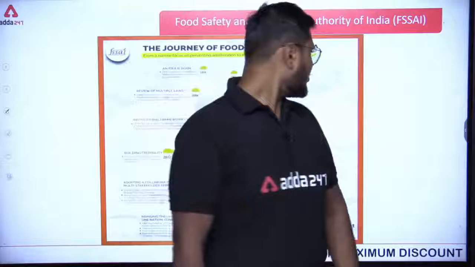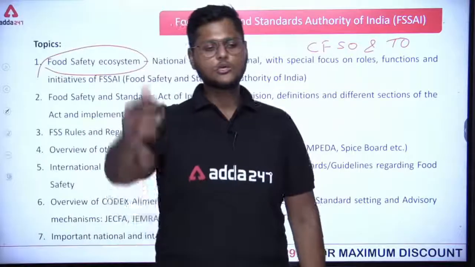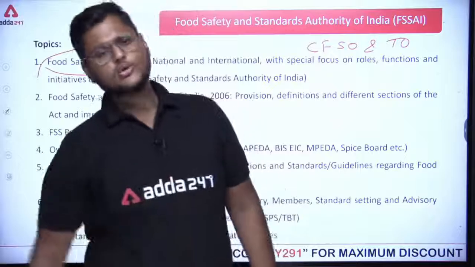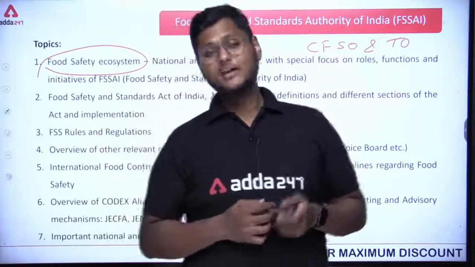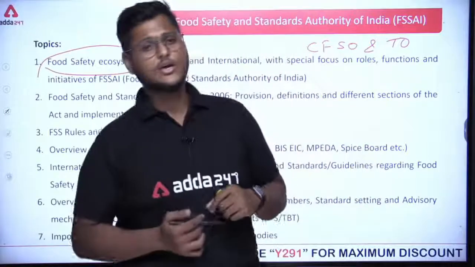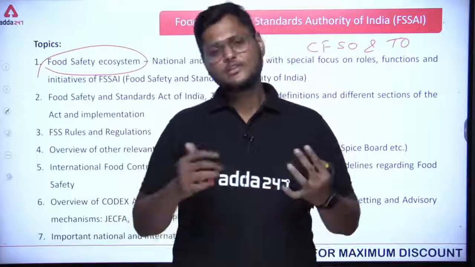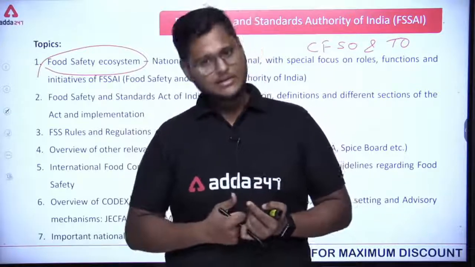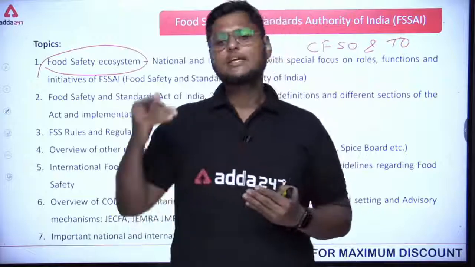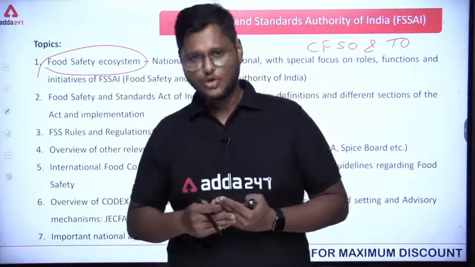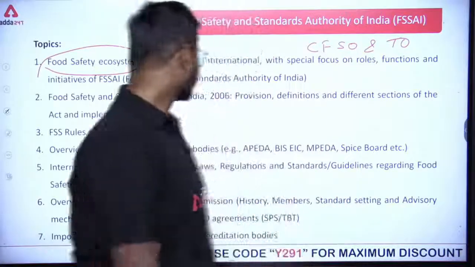Now the third one is the consumer, people like you, people like me. The consumers should be aware of what they are eating. And when they are aware of that, then obviously they will take care of food safety also. So in food safety, 3 entities come into play, right? Next,